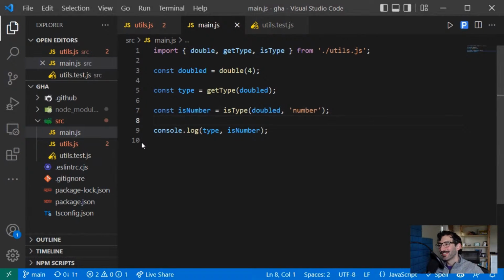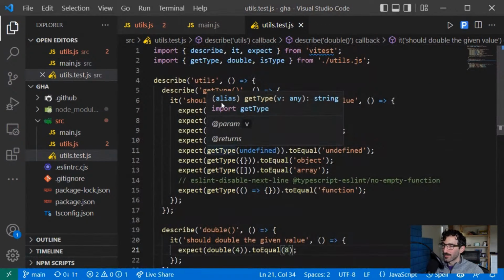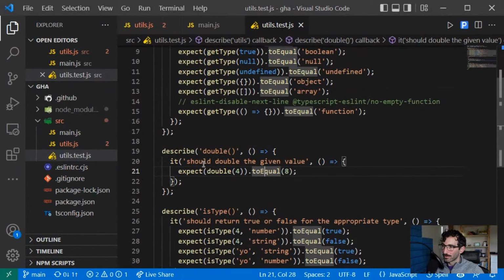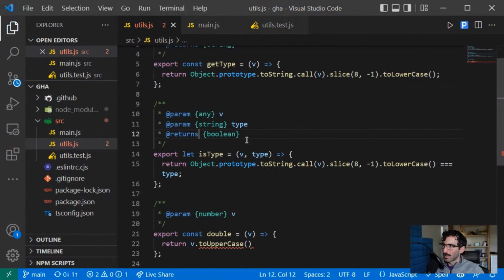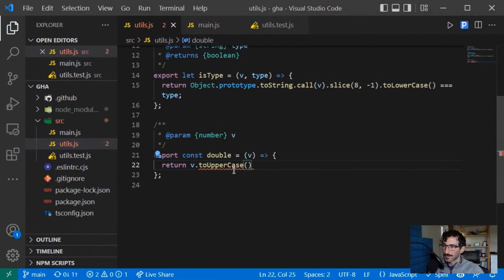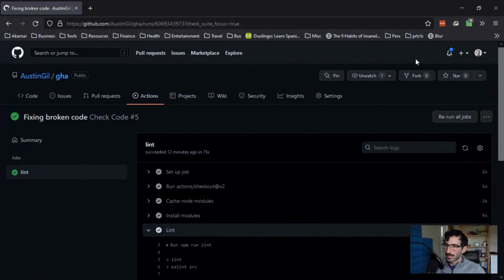And then the last one is making sure that logical bugs are caught as well. That's where we're using Vitest to create a bunch of test assertions. For example, if we have a function that doubles whatever the input is, we expect double of 4 to equal 8. But if somehow we introduced a bug into our code like we have here, then our tests should catch it. So now that we've introduced a bug that should trigger all 3 of those issues, and we push up our code, we can see that the last